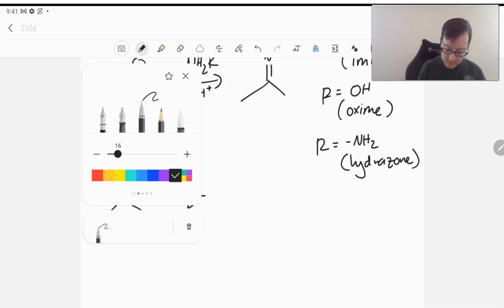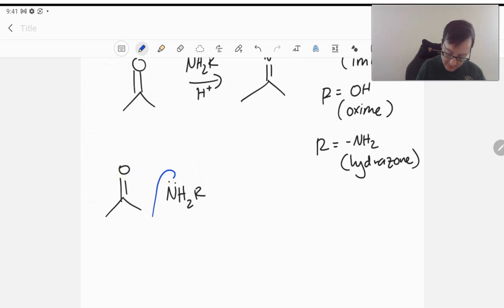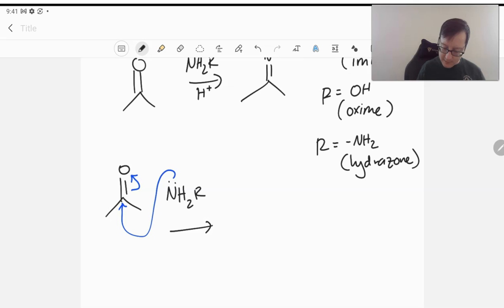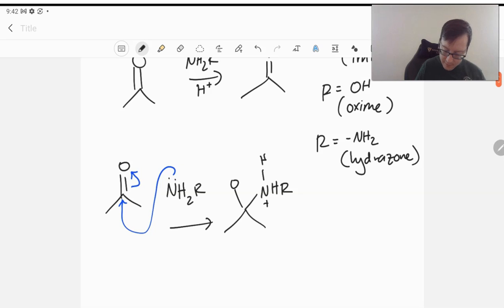on here. So what's going to happen is our nitrogen goes ahead and opens up our ketone. In this case, could be an aldehyde as well. In doing so, we'll have our protonated amine species. Here we have an O minus. And so as we can see here, we have something that's protonated in a positive charge right next to something